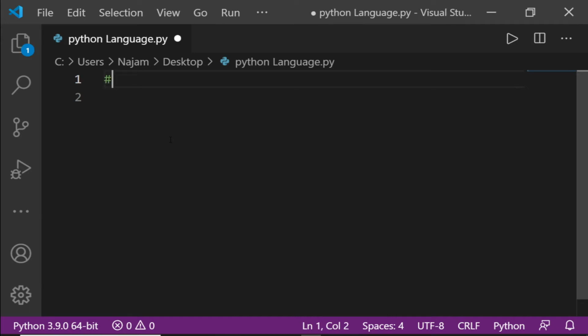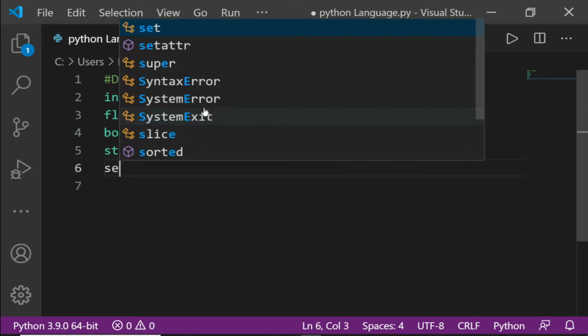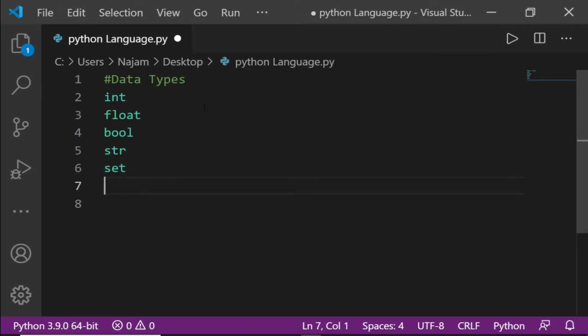Let's talk about data types. While we say data types in Python, it may be an integer, it may be a floating point number, it may be a boolean, it may be a string, it may be a set, it may be a dictionary, it also may be a tuple.